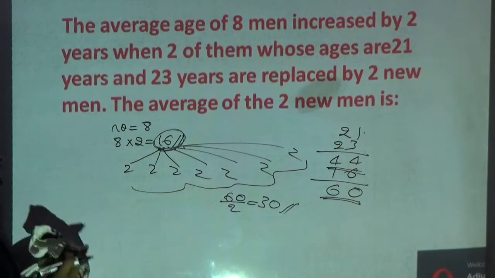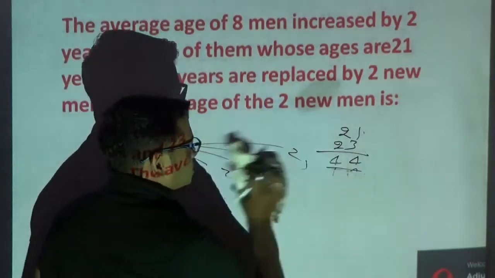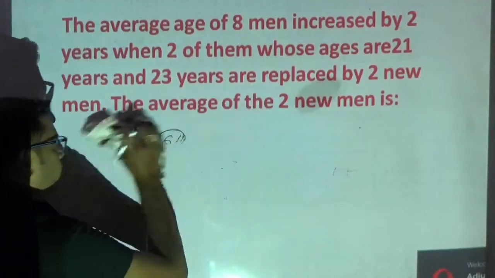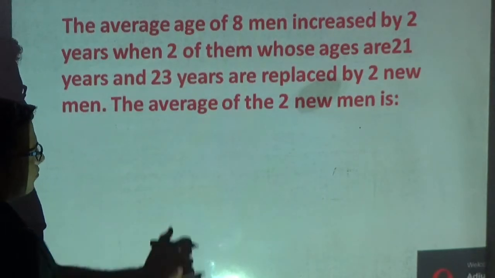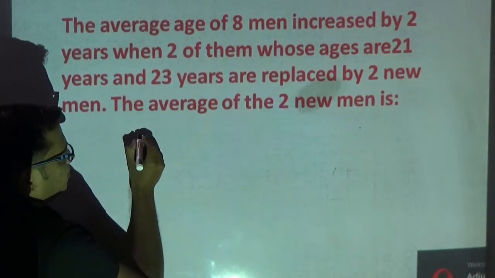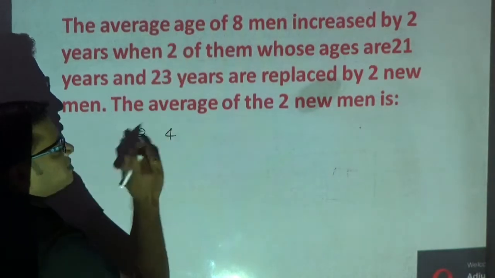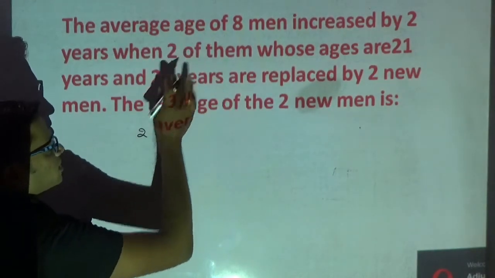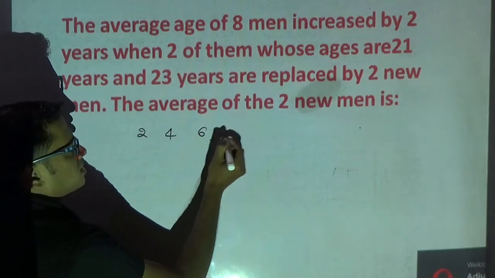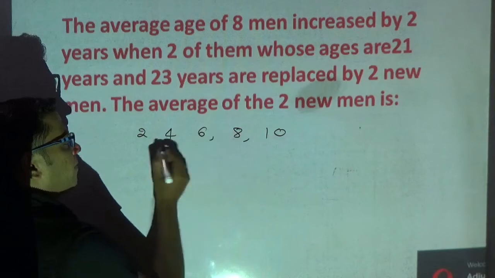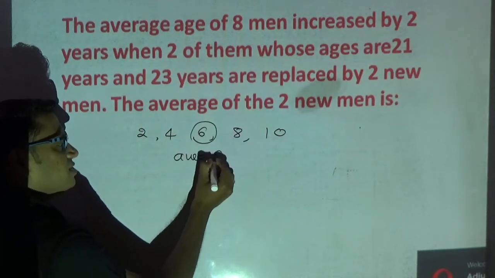I will explain one more time and also explain the traditional way of doing this. Please observe here. One example also I will take and explain. For example, I will take numbers, an example not related to this. I will give a simple example so that you can understand this problem. I will take numbers like 2, 4, 6, 8, 10. Here, what is the average? Average is 6.